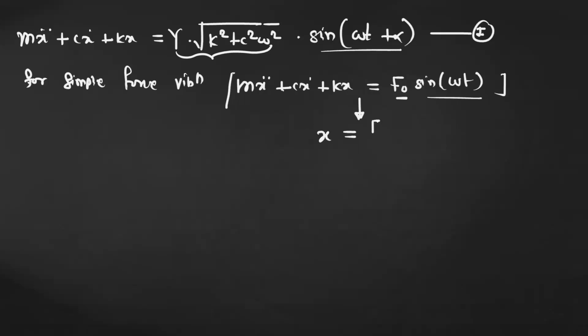So if this is the equation for a forced vibration, then its solution is nothing but the x value, which is F0 upon r into sin(omega t minus phi). Okay. So F0 upon r, this value is nothing but the amplitude of the vibration for this equation. Okay. So similarly here, if you compare these two equations, equation 1 and equation 2,